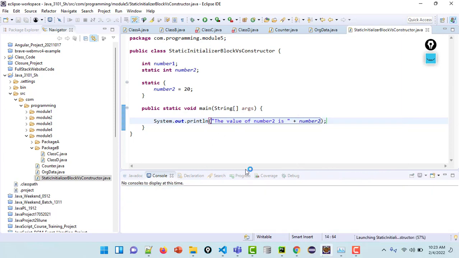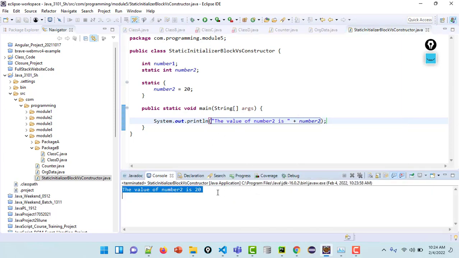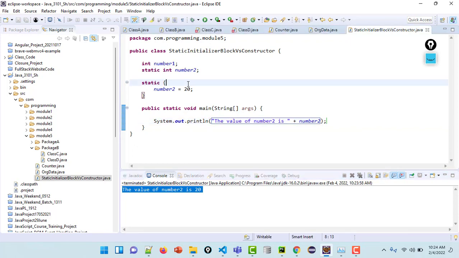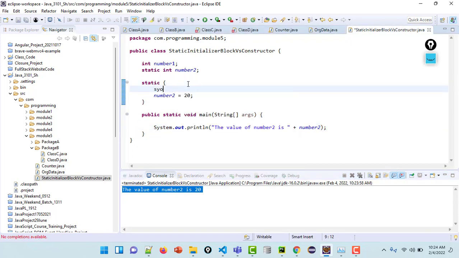So here, can I have a static initializer block or a constructor with these two variables, int and static int? Yeah, I'll just come to that. So if I just mention that this is a static initializer block, and if I just mention that this is a main method,